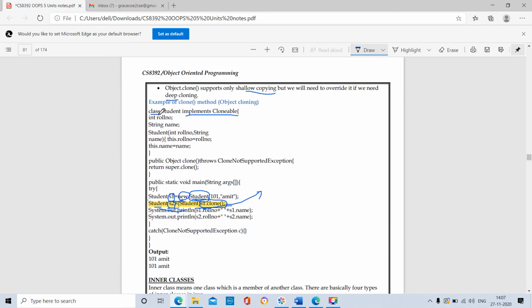The keyword class is used to define a new class. Here Student is the class name. This class implements the Cloneable interface. Cloneable is the interface. Here they have not mentioned the interface separately, but directly they are implementing it. Whenever you implement an interface, you have to implement the interface's methods. In this class, roll number is a variable.